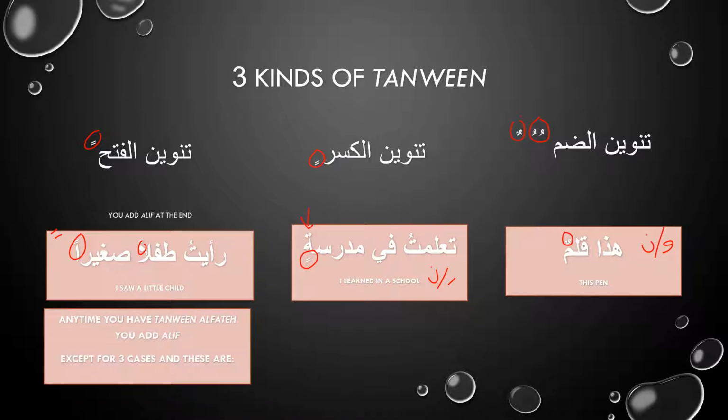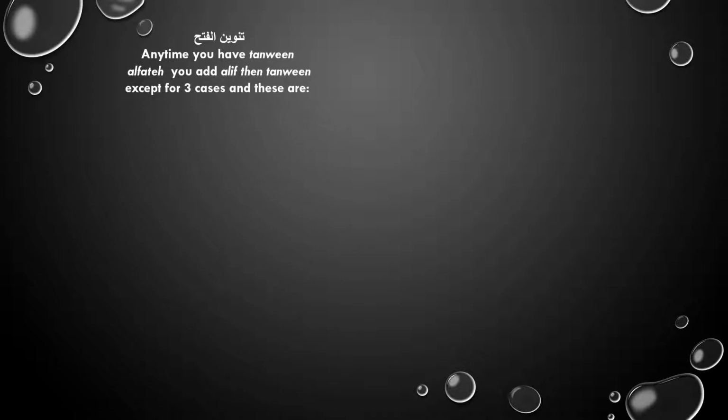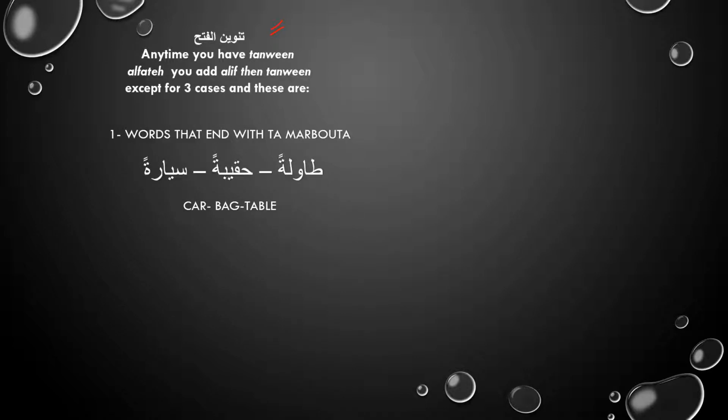But anytime you have tanween al-fatih, when I say tanween al-fatih, I mean two fathas, you add alif, except for three cases. We have three cases you don't add alif, and these are. Again, anytime you have tanween al-fatih, which is two fathas, you add alif, then tanween, except for three cases, and these are the words that end with ta marbuta: